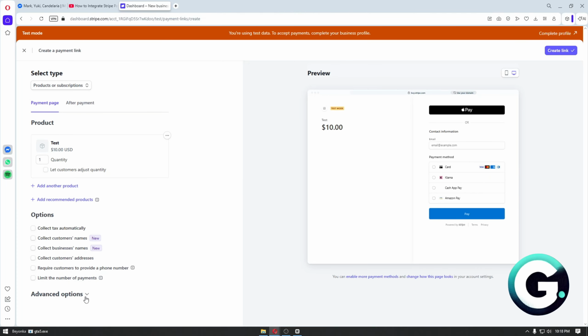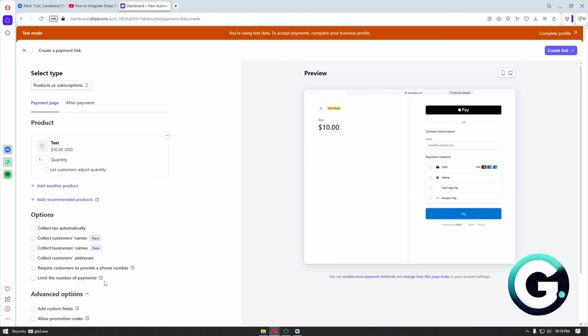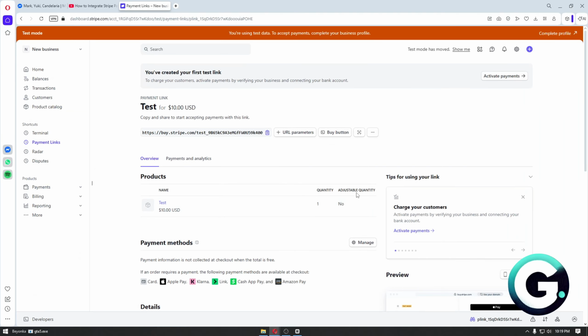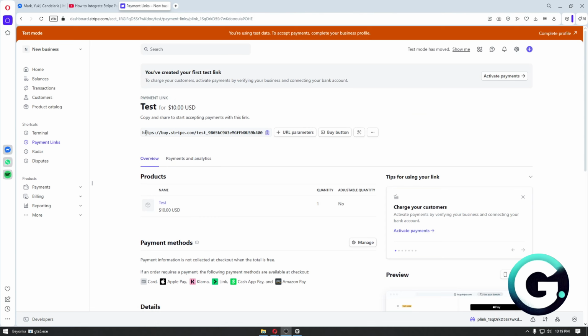options if you want to, but we also have advanced options right here if you want to go ahead and do so. And basically right after that, you just want to click on the create link button at the top right corner of your screen, and inside this page you want to copy the actual Stripe URL and add this